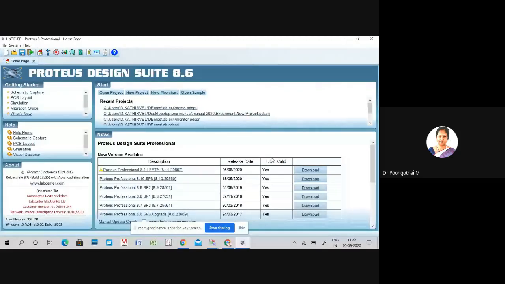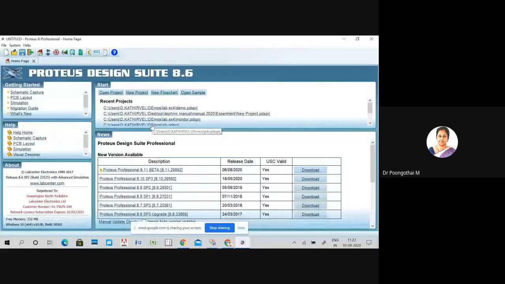So this environment is your Proteus environment. Actually, it is a simulation platform where we can create and write applications and program your microcontrollers without the need of physical hardware. We can verify our circuits by using the simulator. It is a combination of schematic capture, PCB layout, and design of PCB, so that helps us to make a complete electronic circuit. It is like a prototyping tool.